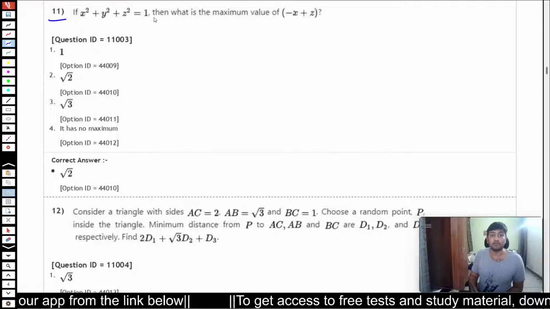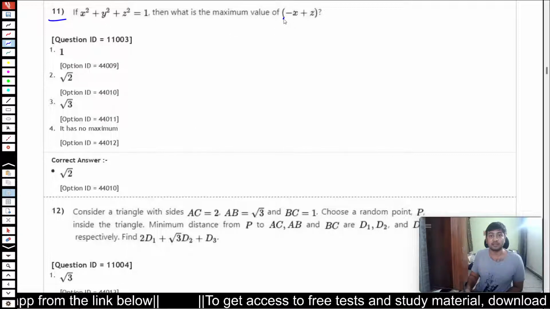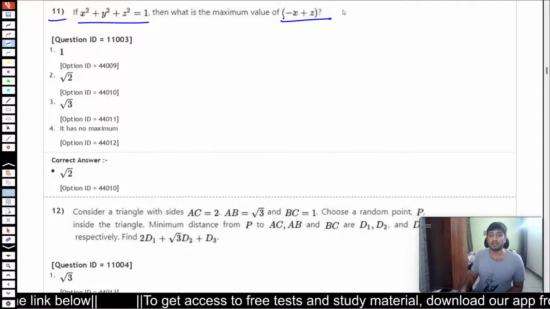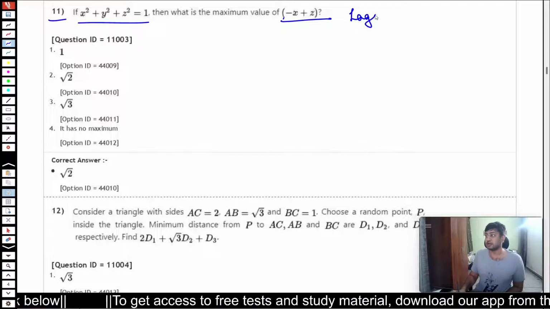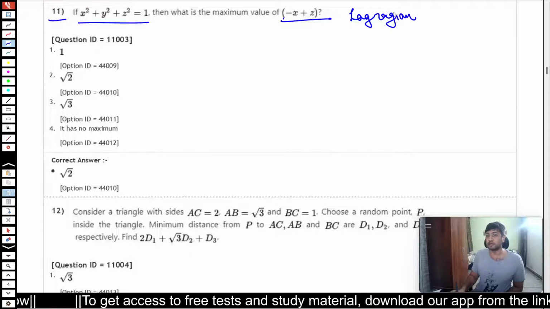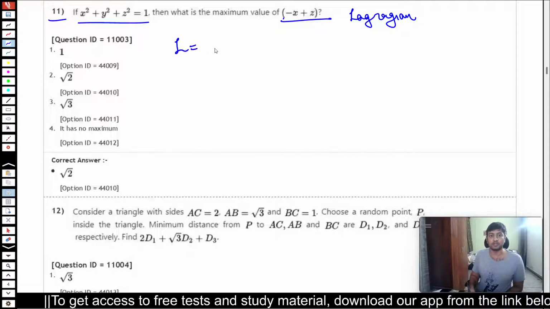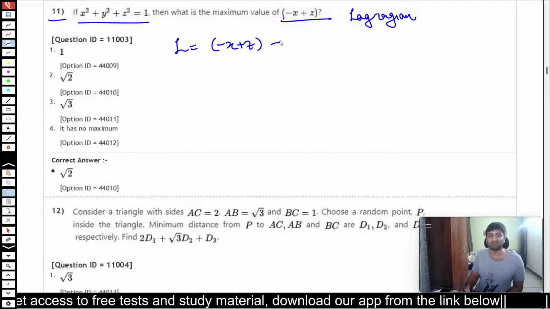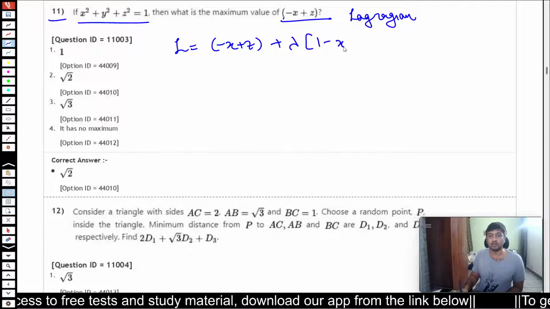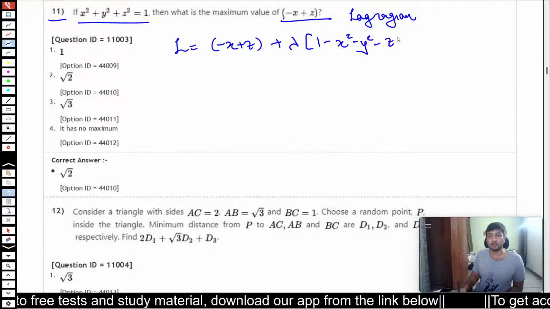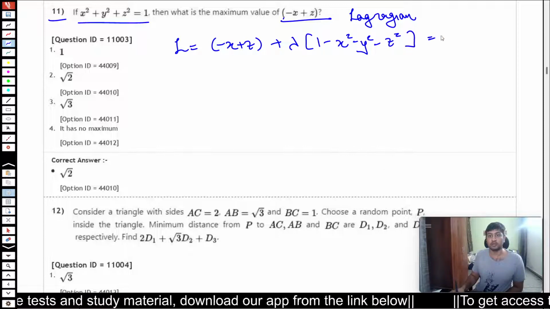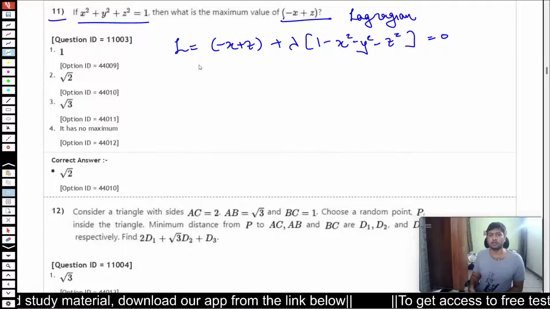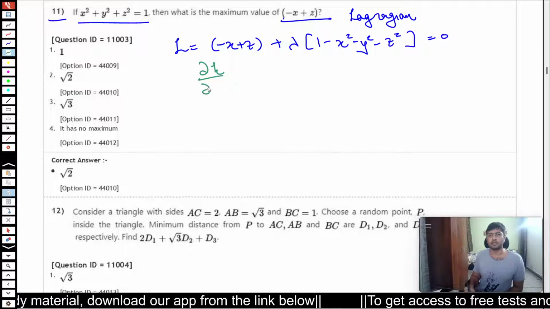In the 11th problem, we have been given to maximize this function minus x plus z subject to this constraint. So obviously a straight up Lagrangian problem. You can construct the Lagrangian L equals minus x plus z plus lambda times 1 minus x square minus y square minus z square equals 0. Now one thing is del Lagrangian by del y